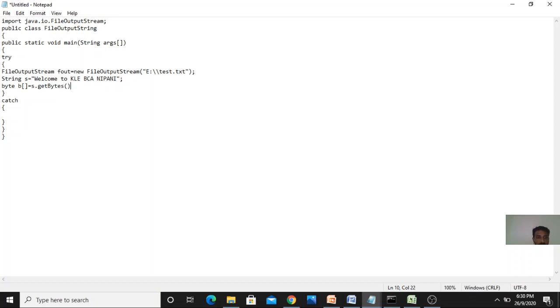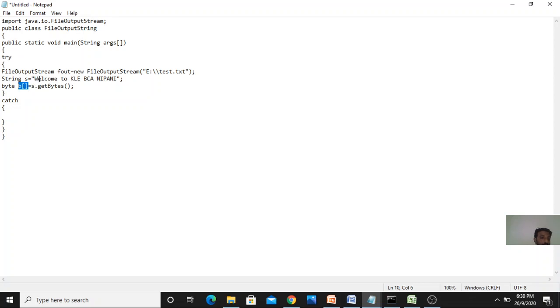Get bytes. I am fetching each character as a byte and storing it into an array variable b, because it only holds bytes, it will not hold any string.